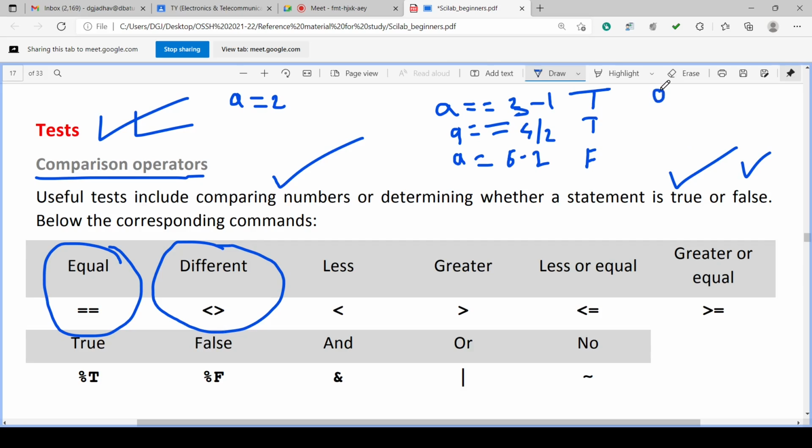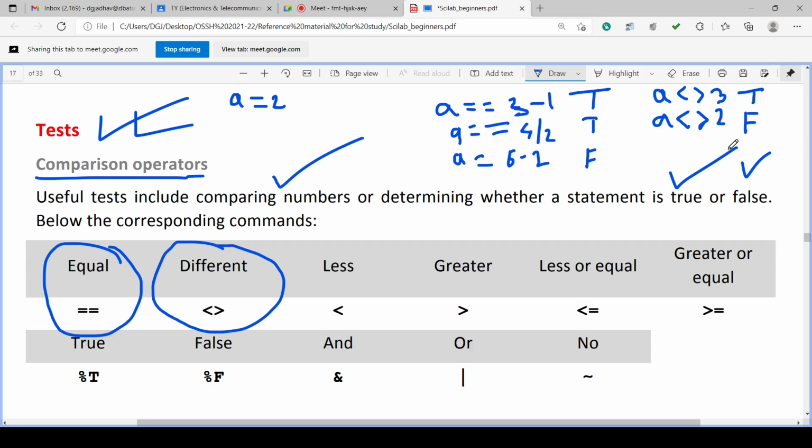So if A is different, less than greater than 3, it is true, because A is 2 and it is not the same as 3. So is A different from 3? Yes, it is different, because it is 2 and it is 3, they are different. So less than, greater than 3, true. But if A is less than, greater than 2, no, it is false. It is equal, because A is 2 and it is equal to 2. So it is not different from 2. So it is false. Please understand this.